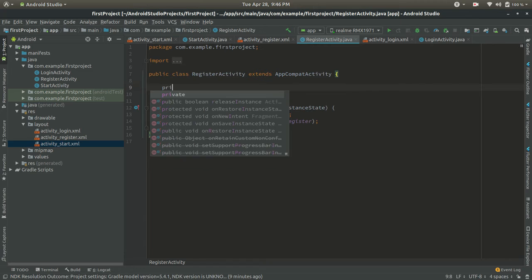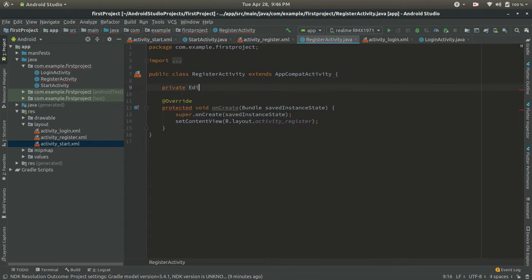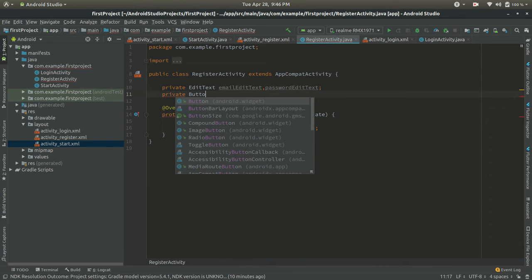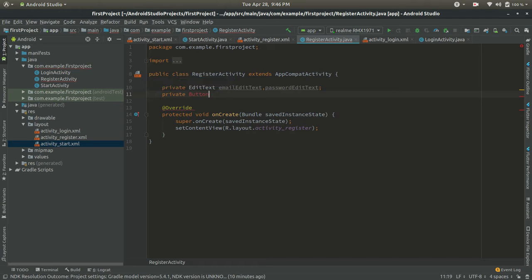So the private edit text, email edit text, password edit text, and we will create the private button. Private button, register button.